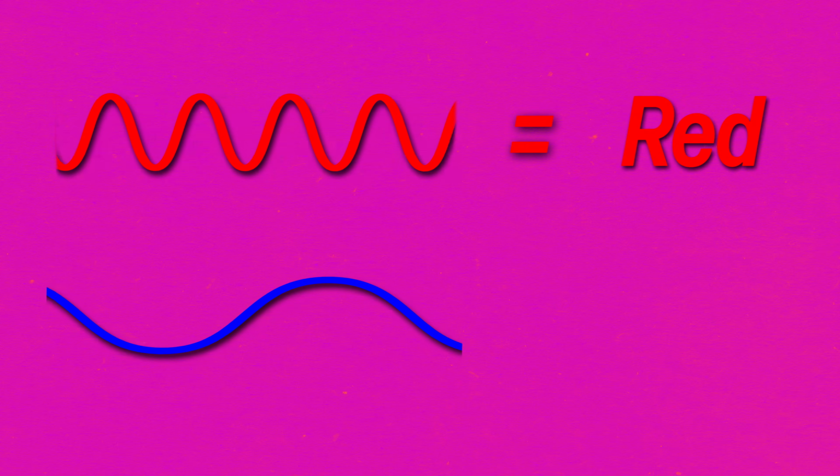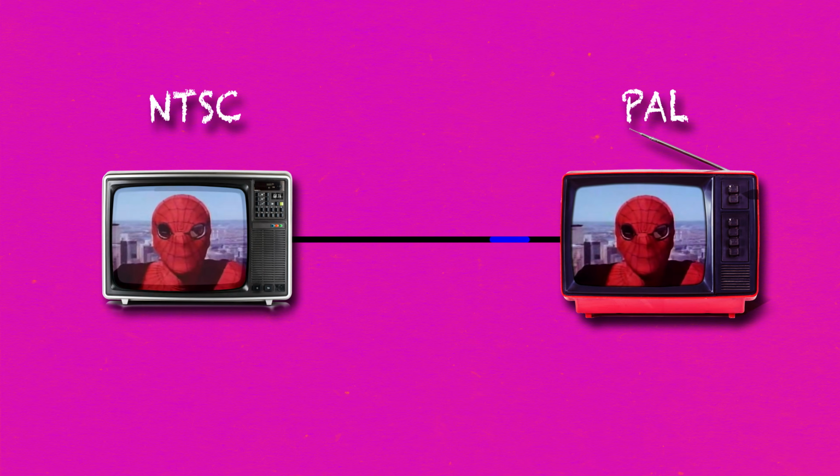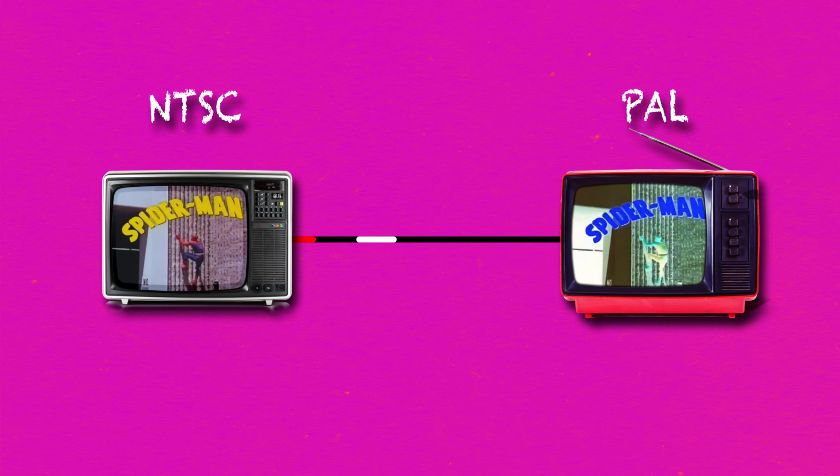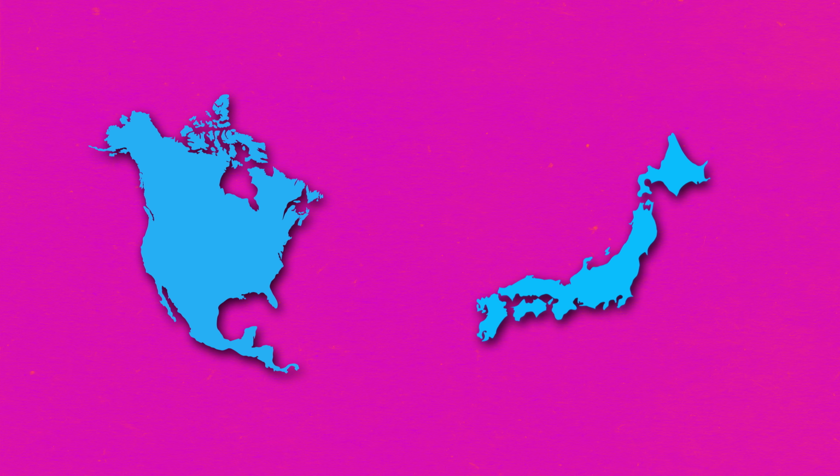There are just standards to interpret data correctly, i.e. you and I both agree that this means this and this means this, so that there's no confusion. And just like a language, if I send an NTSC signal to someone who understands PAL, well, it might play, but it might play at the wrong speed, or show the wrong colors. NTSC was predominantly the standard in North America, and Japan for some reason, while PAL for the rest of the